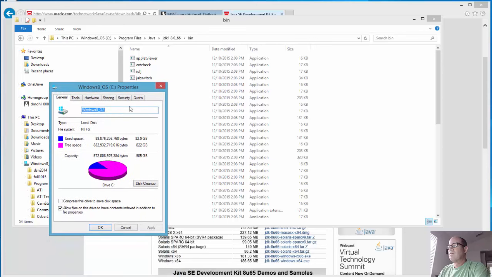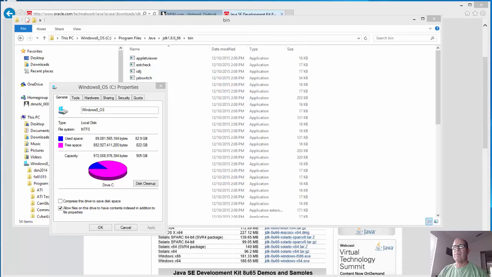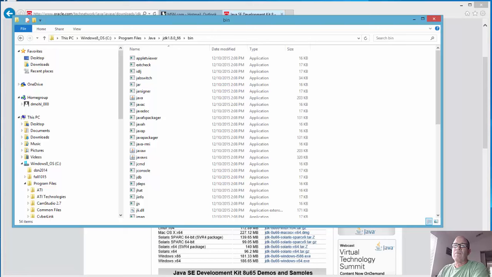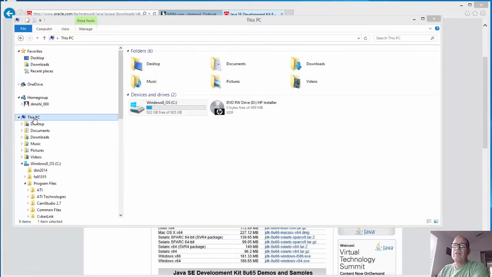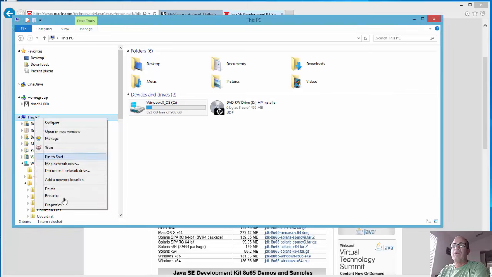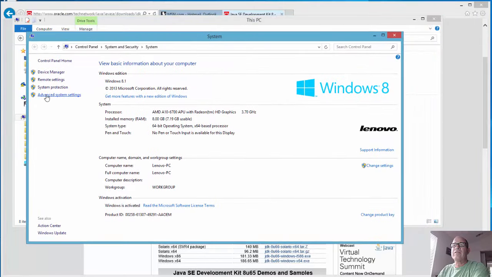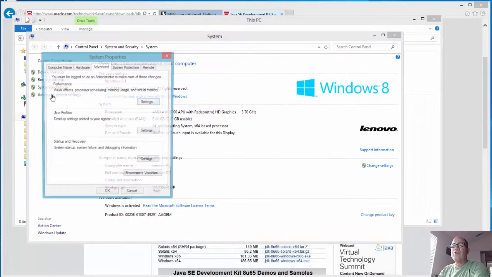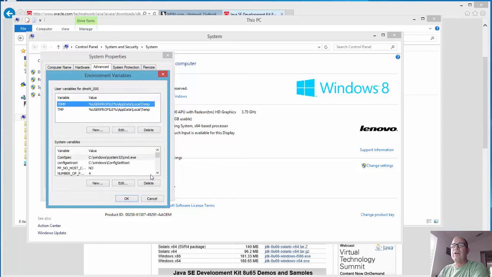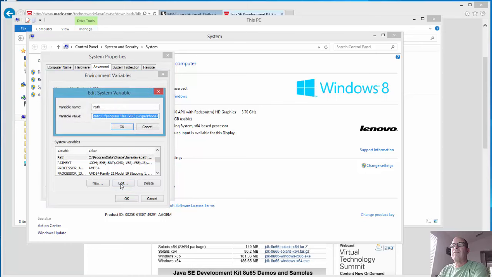right click on C, go to properties, check that I have enough space. I do. Click OK. Find This PC, right click, and open up to get to system properties. Here's system properties. Choose advanced system settings and choose environment variables. Here under system variables, look for Path. Click that and edit